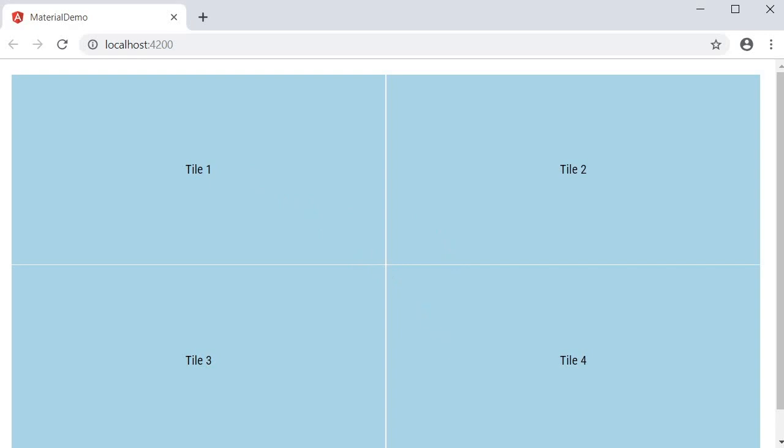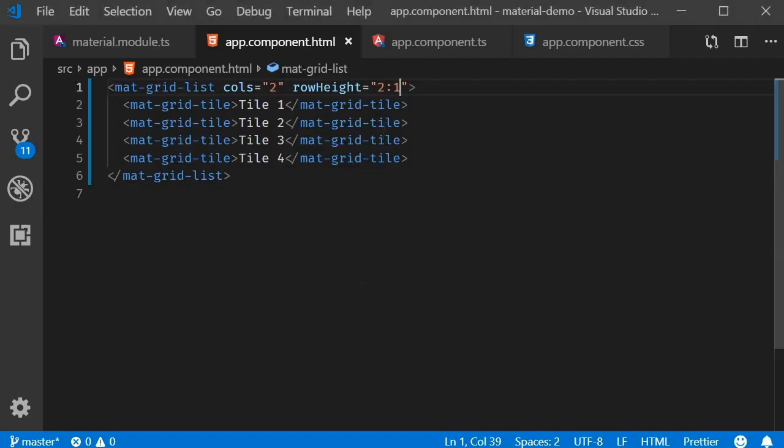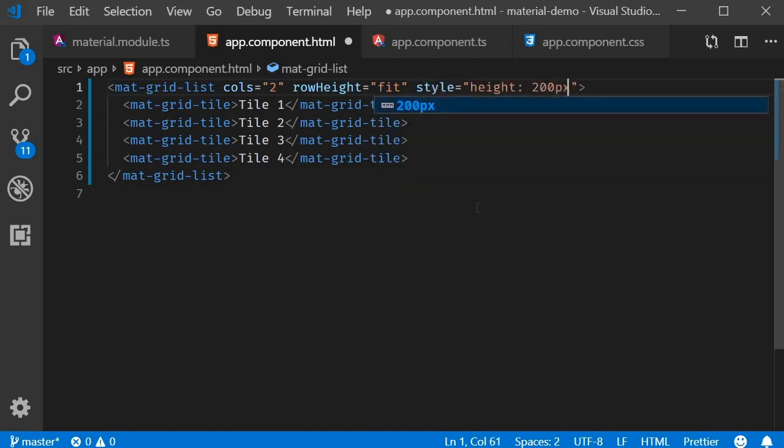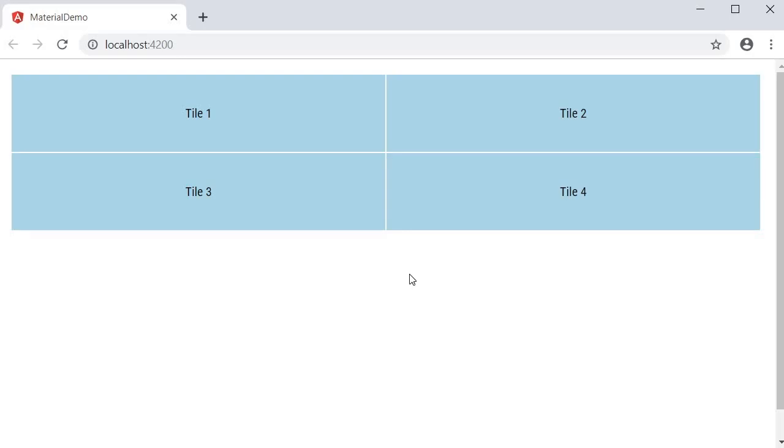The third option is to fit the height based on the container. So row height is equal to fit, but this time we also need to specify a height for the container. So style height 200 pixels. Now if we take a look at the browser, the rows are fit into the container height of 200 pixels. So each row has a height of 100 pixels. If there were 4 rows, each row would be 50 pixels so as to fit the total container height of